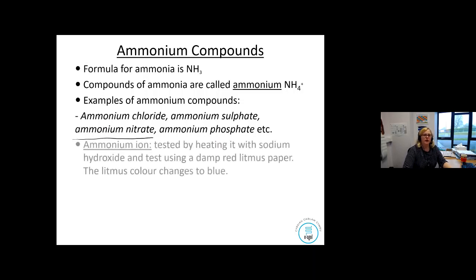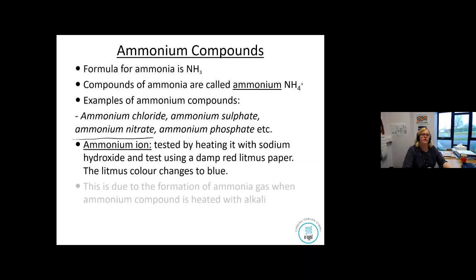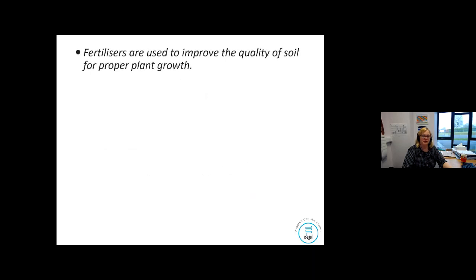So ammonium ion, as I said, ammonia will turn damp red litmus paper blue, but if you want to produce the ammonia itself from an ammonium salt, you simply have to add a bit of sodium hydroxide to it. Right, so as I said earlier, and this has been covered in biology, the whole point of fertilizers